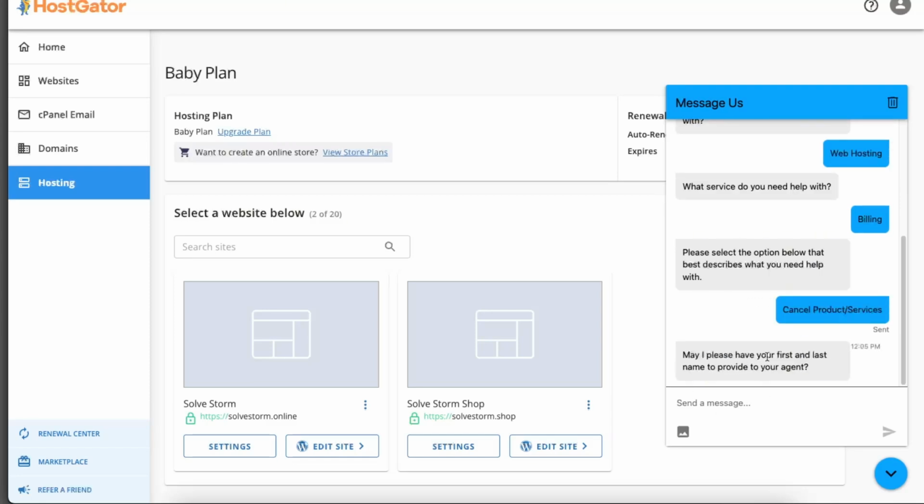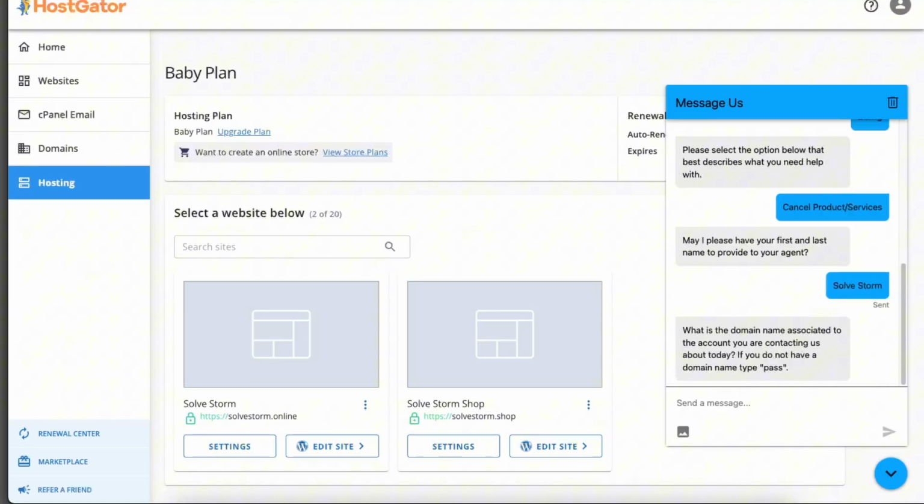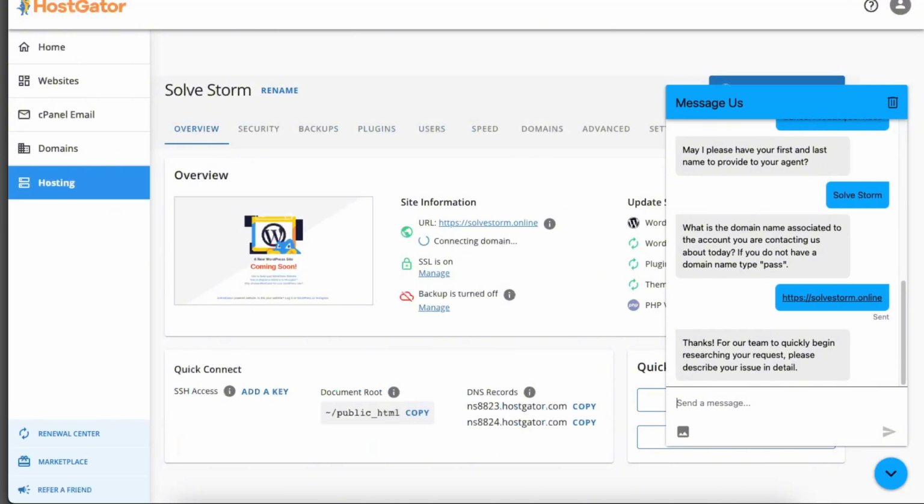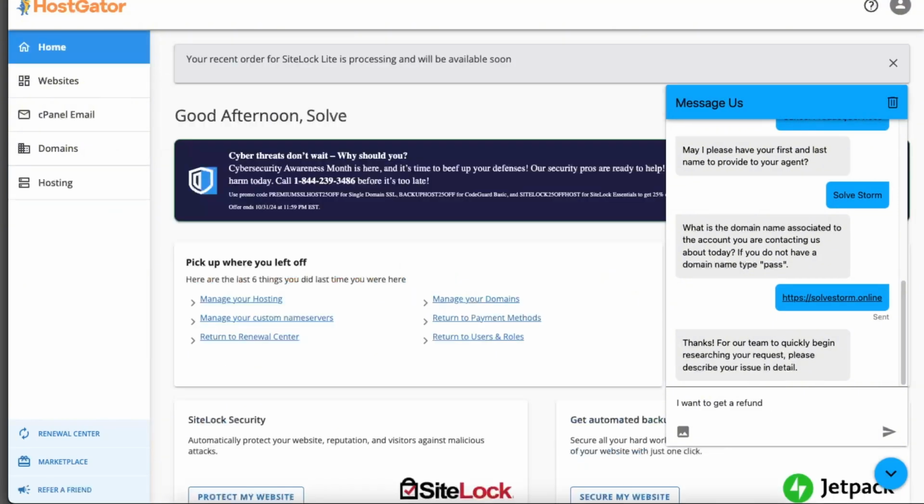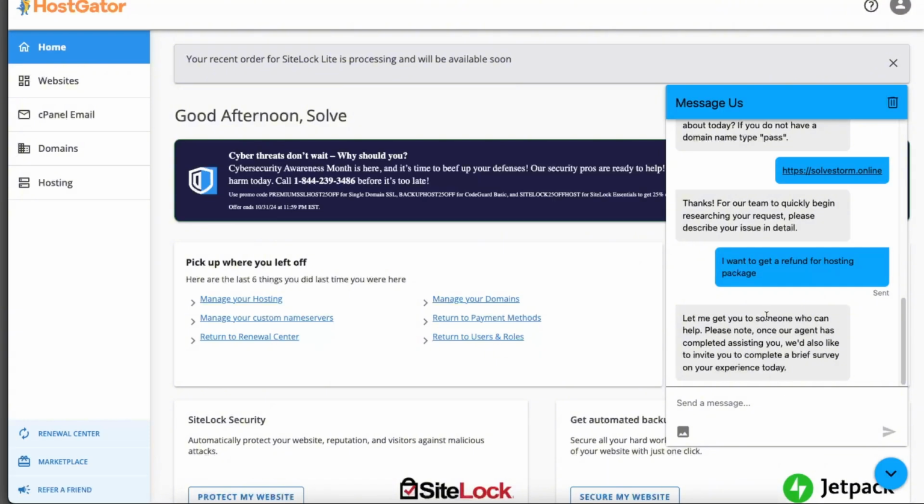And now you will need to enter your first and last name to provide to the agent. Now you will need to go ahead and enter the domain name, which you want to go ahead and cancel with. So I'm just going to enter it. Now, why you want to go get a full refund. So for example, I want to get a refund for hosting package, and now they will get someone